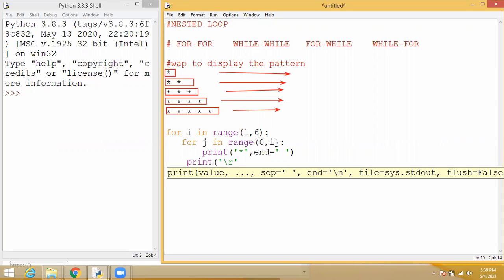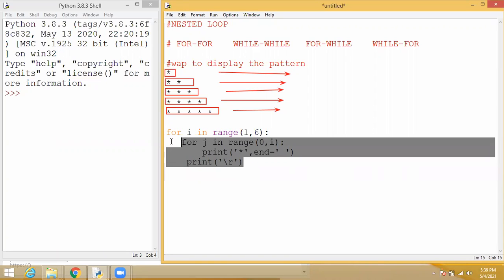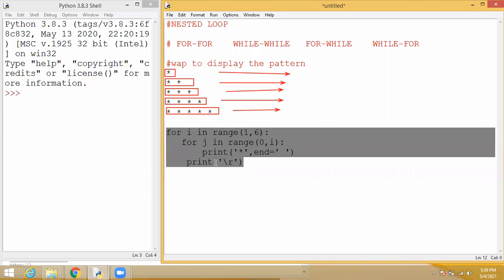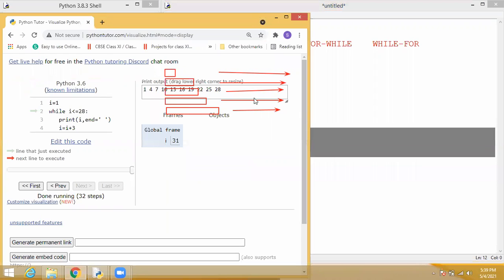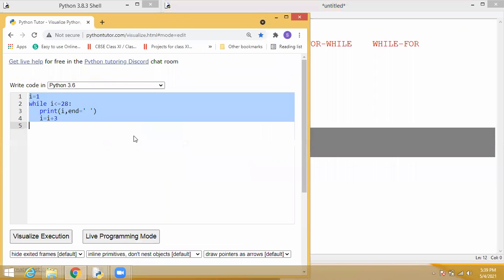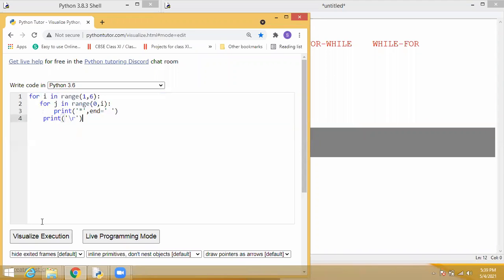This is the statement for including a new line. I will copy and paste this into Python Tutor so that you will get the output. I will explain it tomorrow also. See the same program.